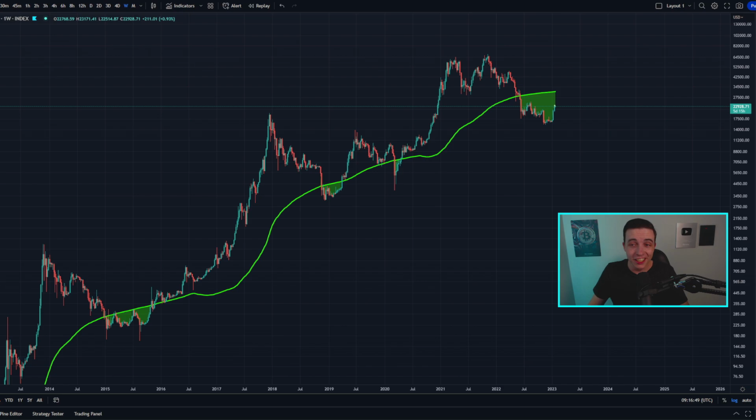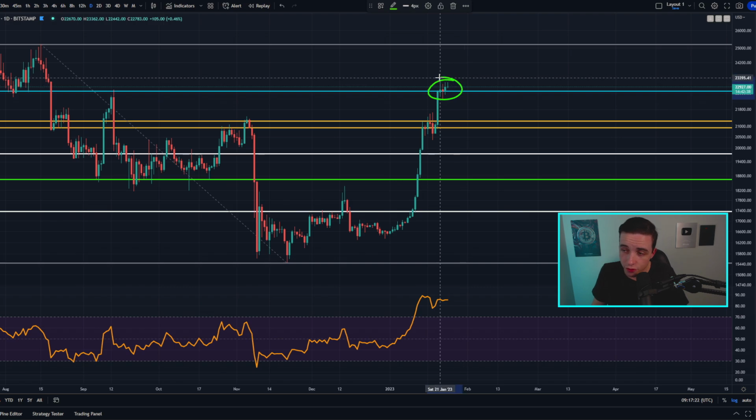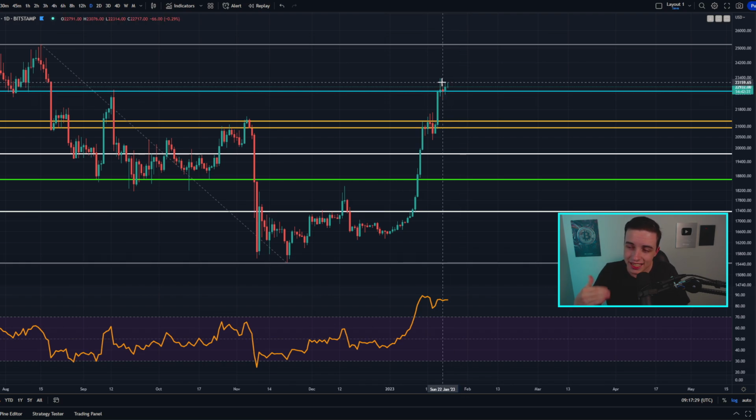But anyway, now taking a look at the daily Bitcoin chart, and right now the Bitcoin price is trading slightly above the 78.6% Fibonacci level, which is sitting at roughly around 22.7k. And technically speaking, we have now seen one daily candle close slightly above this Fibonacci level, which actually closed at around 22.9k approximately. But we still don't really have a lot of confirmation for this breakout as of right now,